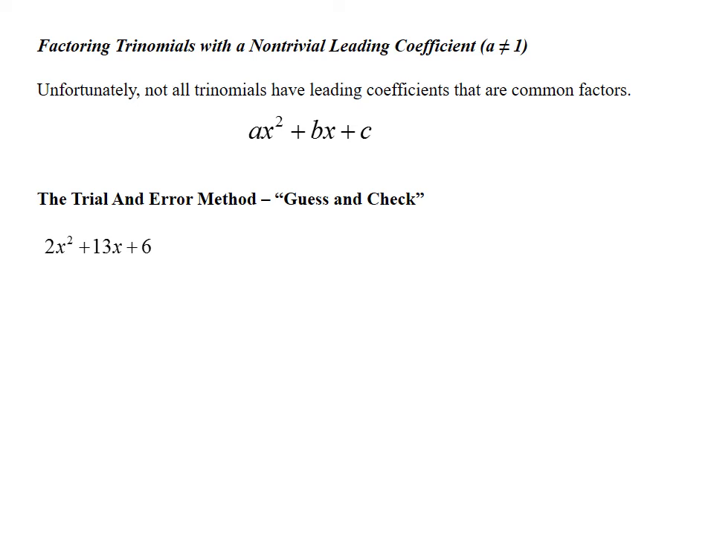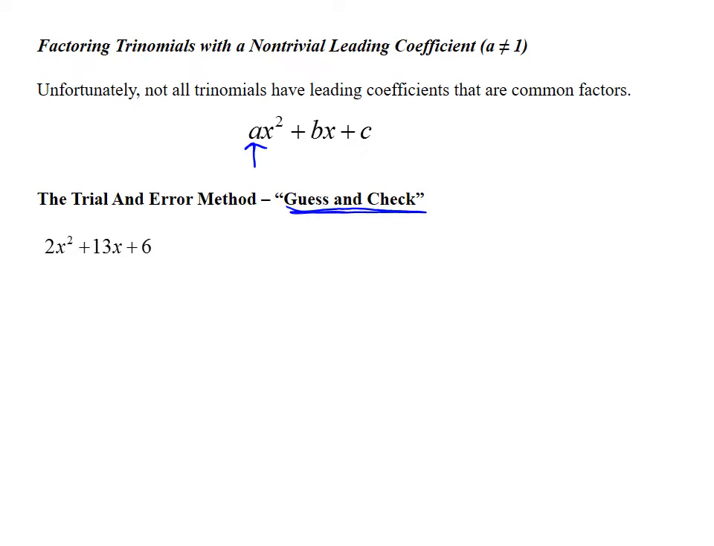Sometimes you need to factor a trinomial where the leading coefficient a is not nice. It's not 1, and it's not a common factor of the rest of the terms. In those situations, things are going to get a little more complex, but luckily we have multiple techniques for dealing with that situation. In this video, we'll look at the trial and error method, which is also sometimes referred to